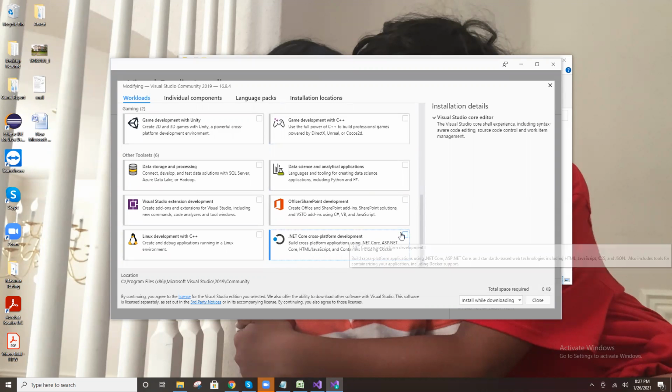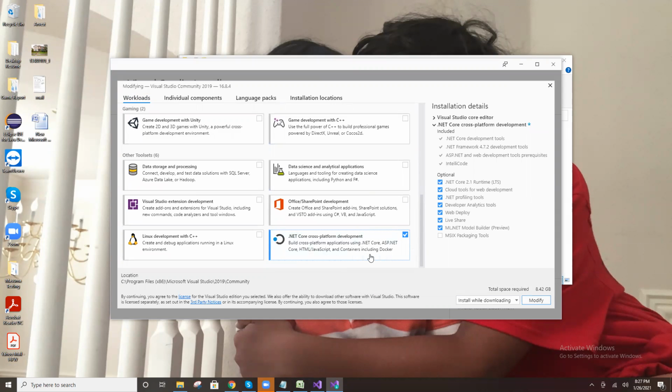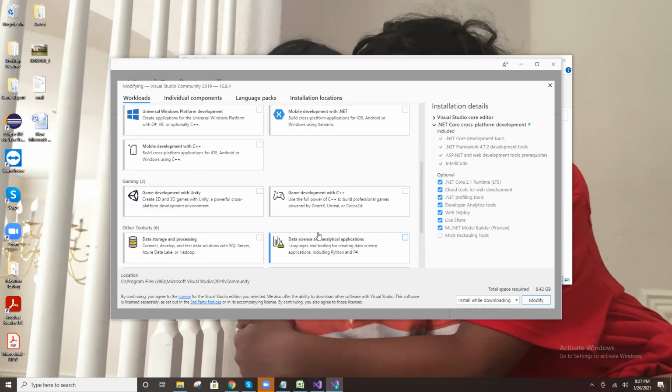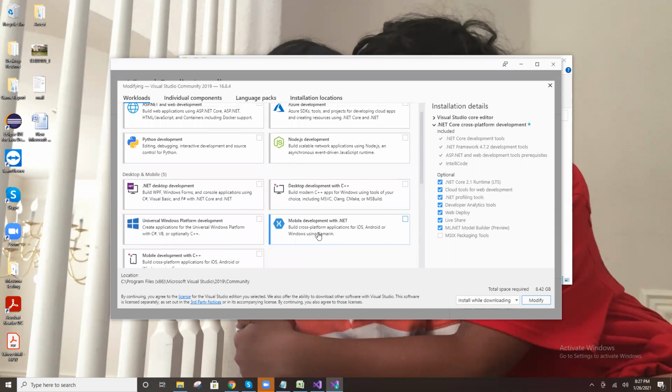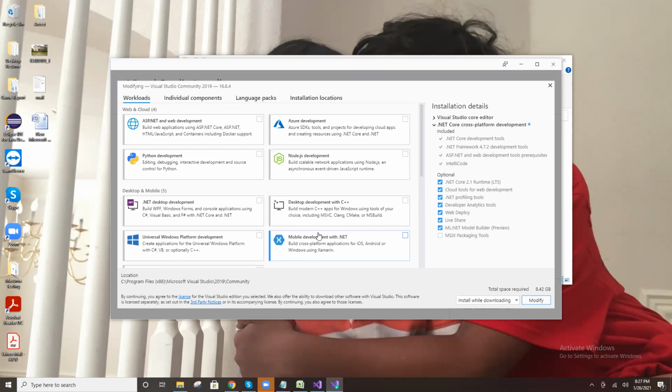Go up. Install while downloading. Click install while downloading. Just modify. Click modify.